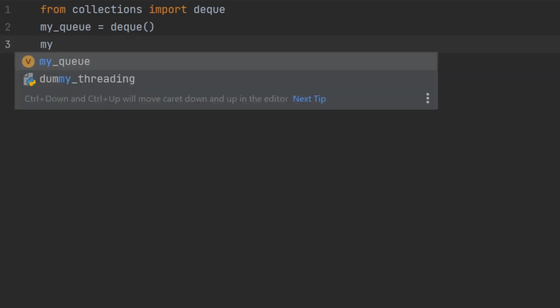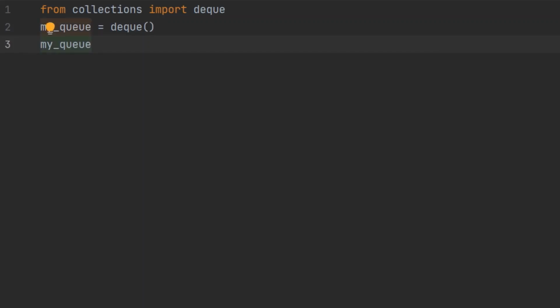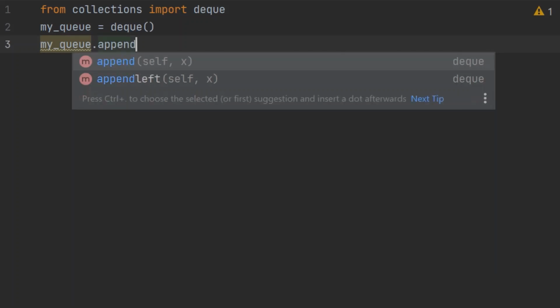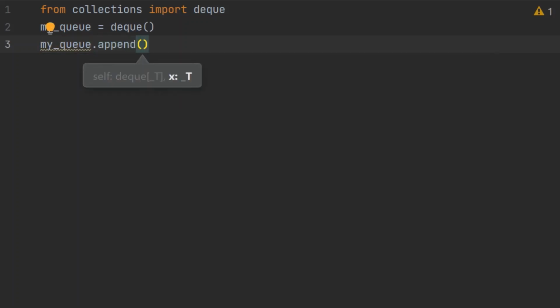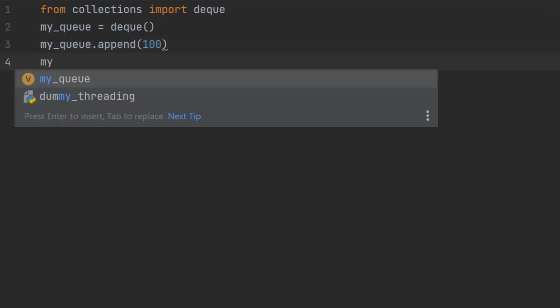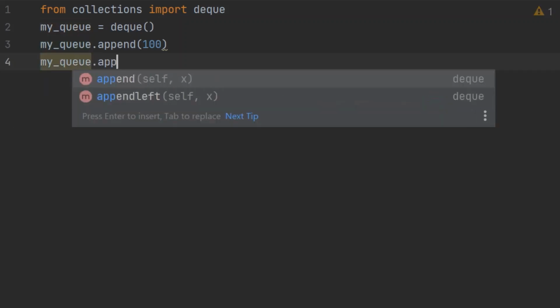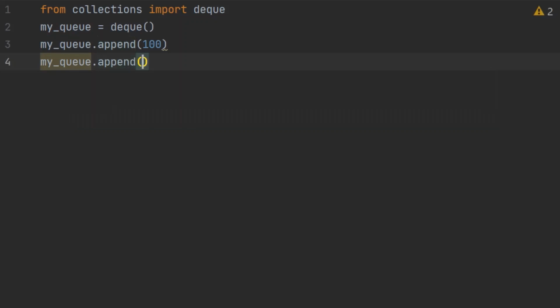Now I'm going to add an item into the queue. This is my queue, and for adding an item I just go with the append function. I type append, and within brackets I'm going to insert a value. This time I'm going to pass an integer value, so let me go with 100. So 100 is the first element I'm inserting into the queue. Now let me go with the second data. I'm going to insert the next value. Again I type my queue, then a dot and the append function. This time I enter 200. So 200 will be my second element.